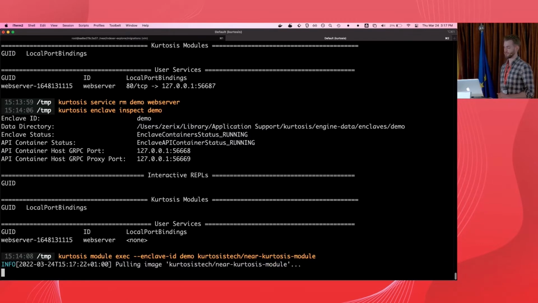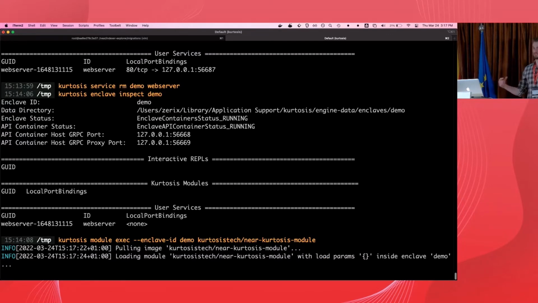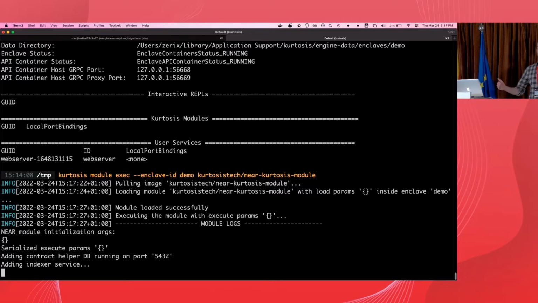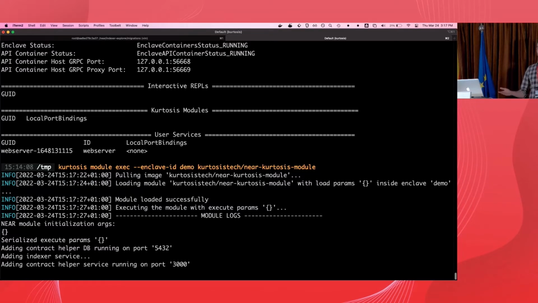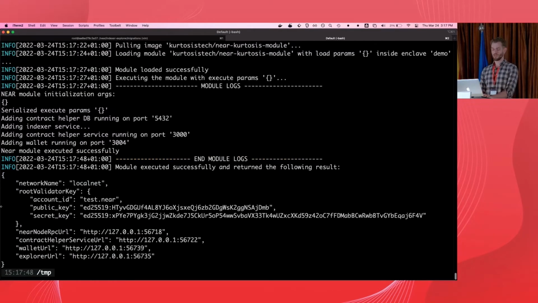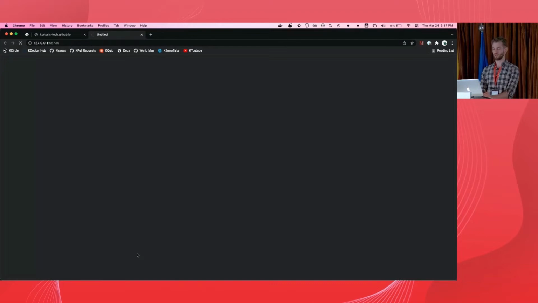And this is going to pull down the module, which is again just a set of instructions to the Kurtosis engine, and execute that inside of our enclave. We can see that the module is starting to print out bits of information about what it's actually doing. Here we're adding a bunch of services inside of the Kurtosis enclave that represent a Near network plus all of the auxiliaries on top of that Near network. Once this comes back, which should finish in just a couple seconds, we get a bunch of URLs. Because Kurtosis is always binding all the ports to your local machine, you can now start investigating your local